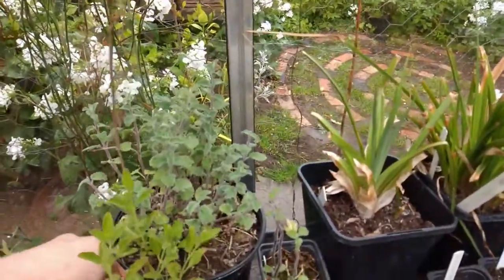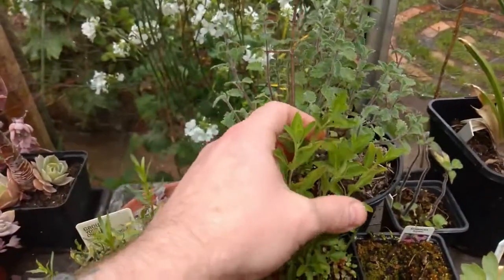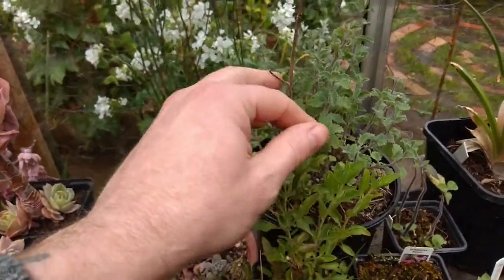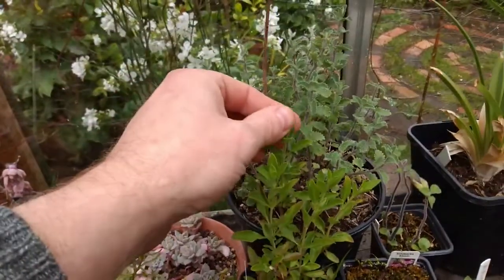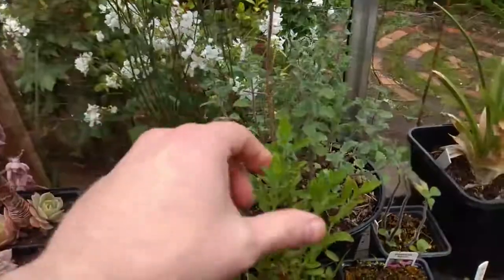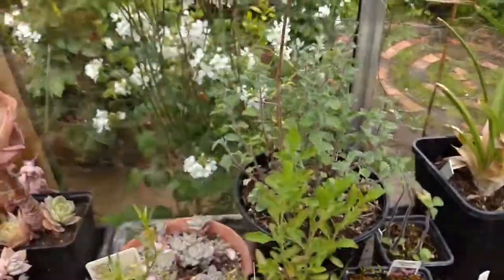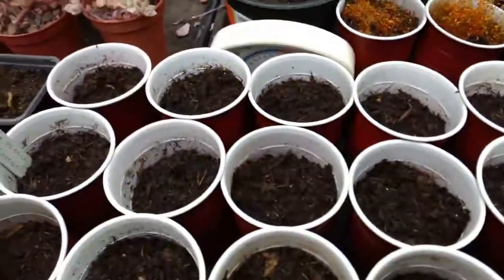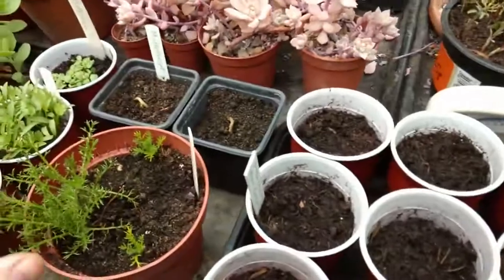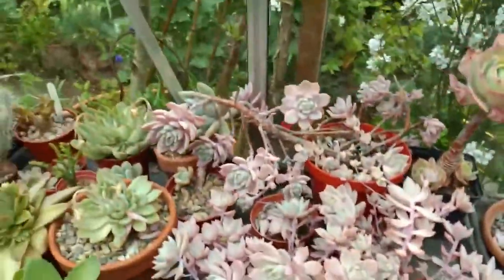This is another interesting plant. This one here is a salvia, and it's called cherry lips, although this one for some strange reason comes up with a purple flower rather than a red one. And if you sort of squeeze the leaves, it's scented, almost kind of like a herb. It's very nice. I've got some more beans down here, French beans, some chamomile coming up, herbs, some more cactuses